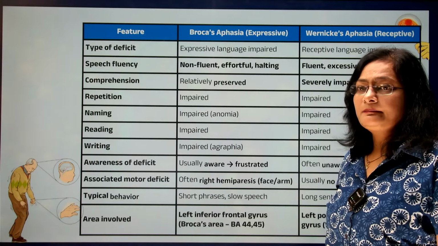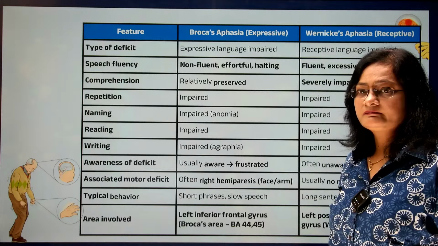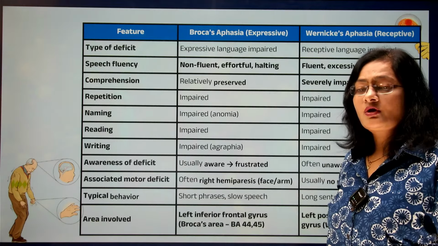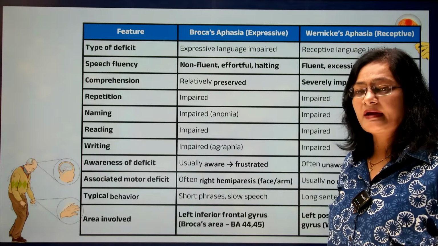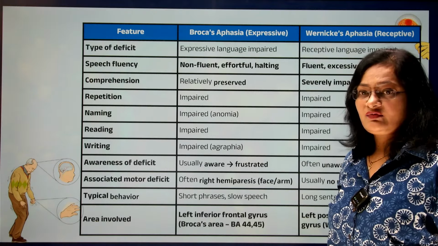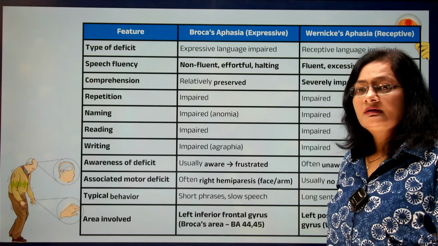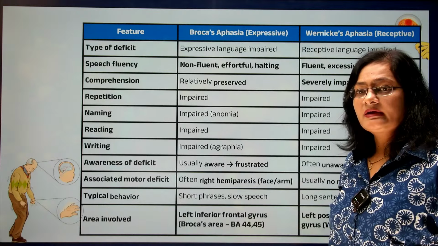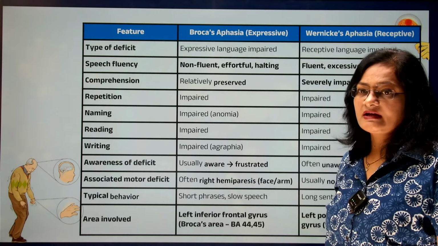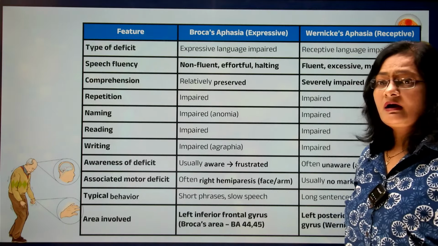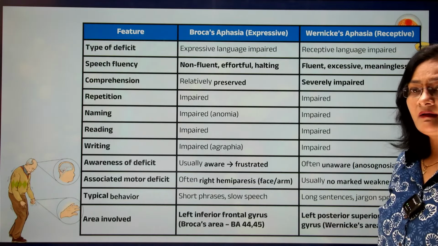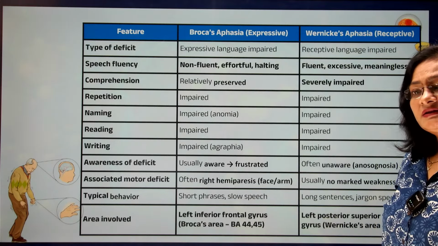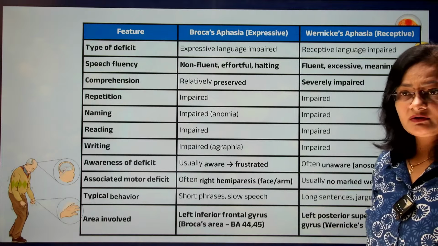Repetition is impaired in both types of aphasia. Naming, or difficulty in naming, which is known as anomia, is impaired in both types of aphasia. Reading and writing are also impaired in both types of aphasia. Then awareness of deficit: usually the patient will be aware, as the patient understands everything but is not able to speak, the patient